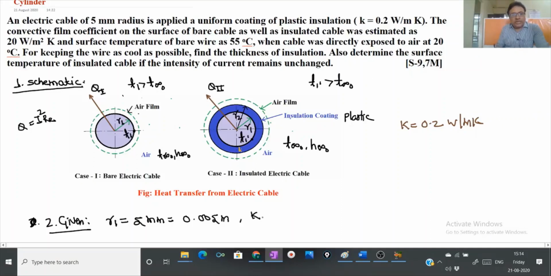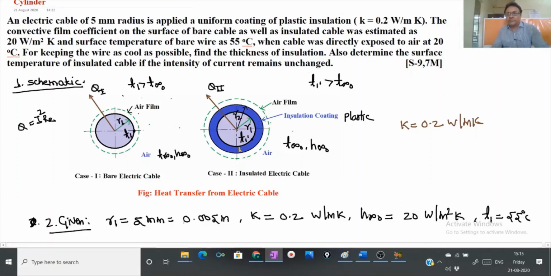Then thermal conductivity of insulating material is given as 0.2 watt per meter Kelvin, and convective heat transfer coefficient of surrounding fluid in both the cases, that is when bare electrical cable is there and insulated electrical cable is there, 20 watt per meter square Kelvin, and surface temperature of the bare electrical cable is 55 degrees Celsius,